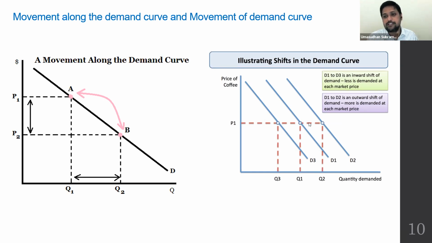Now, you can raise a question: how do we diagrammatically show this when the price of a product is changing, income is changing, so many factors are changing? But remember, in economics, in the short term, we assume only one factor changes at a time. So you have to remember that always. In demand theory, only one factor changes at a time. So if the price changes, other factors do not change. When other factors do change, price does not change. If not, the effect is going to be mixed.